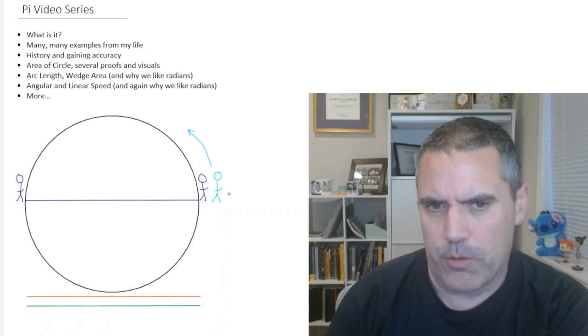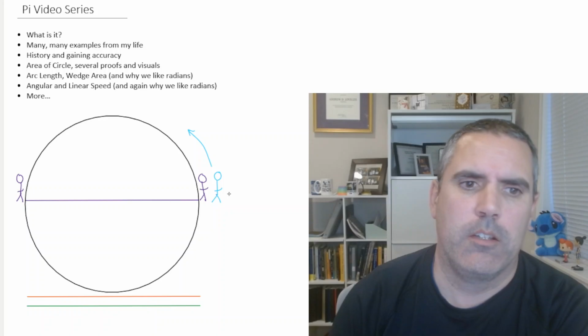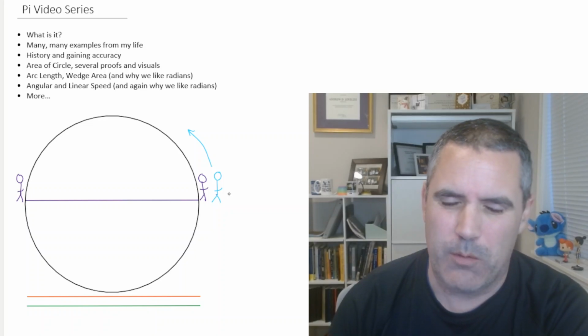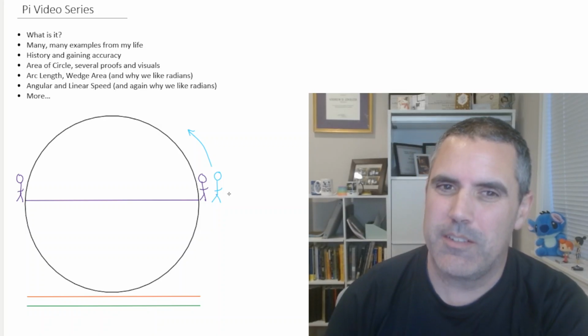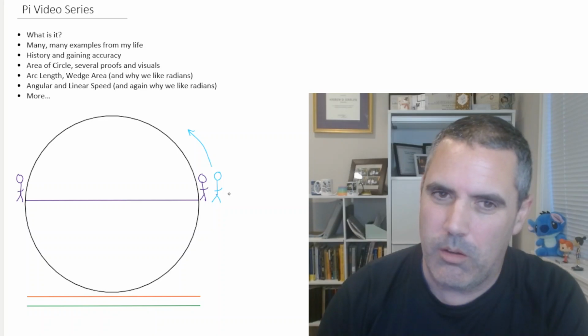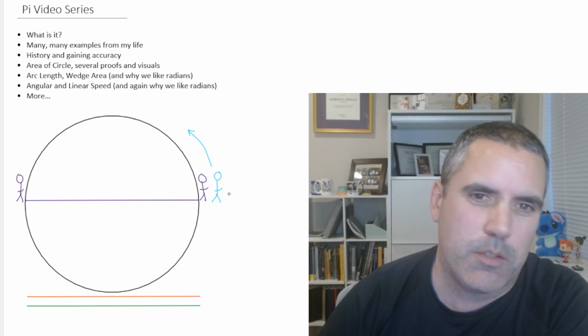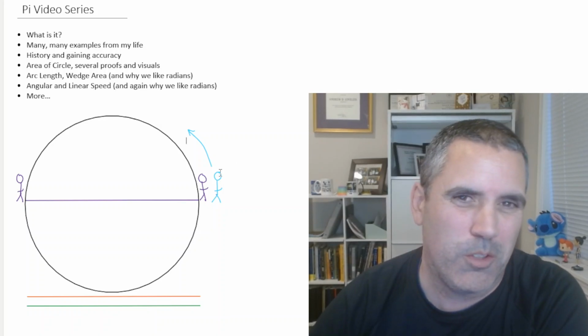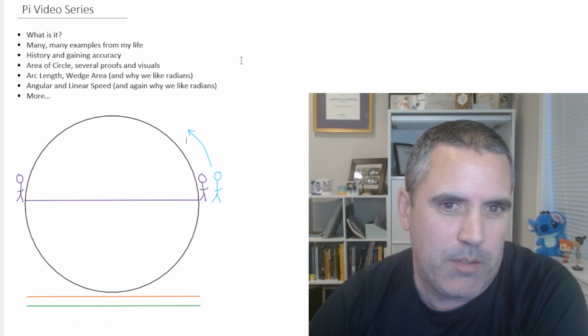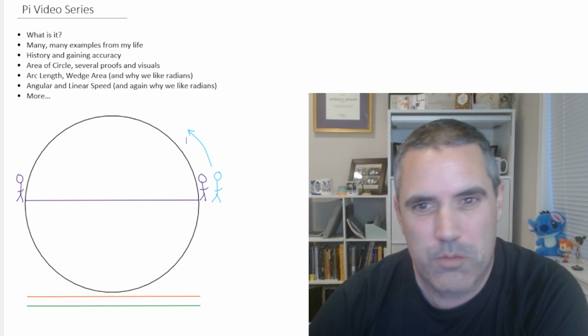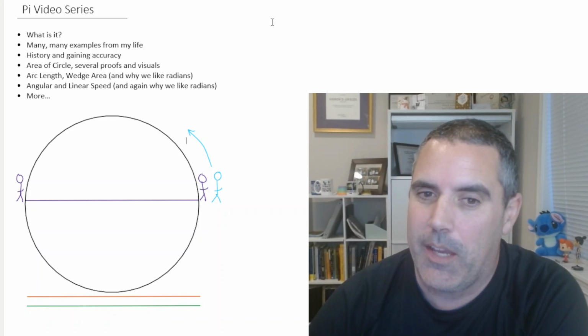They're going to have to go further, but let's assume they keep walking all the way around. And we would like to compare the distances. And it turns out it doesn't matter how big or small the circle is, there's something that's fundamentally always true, and it's been observed for a long time, as I'll talk about in history. This is something many people have seen, but it's really valuable when you're constructing things or knowing this fact.